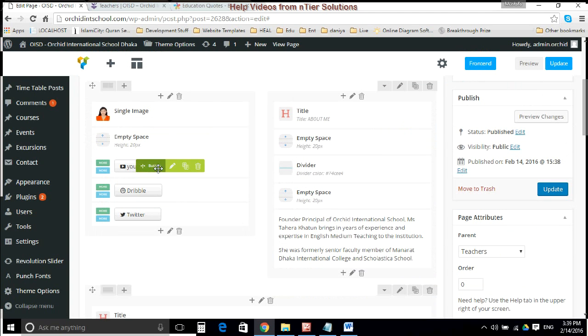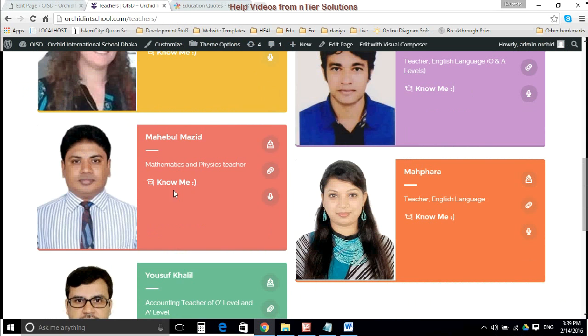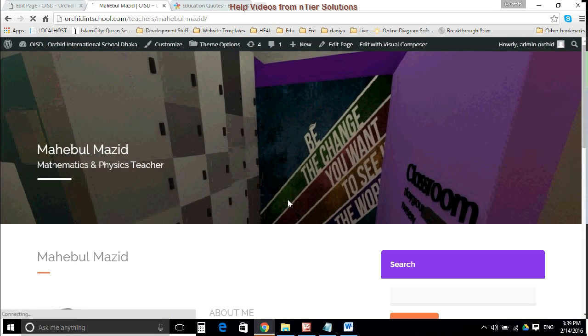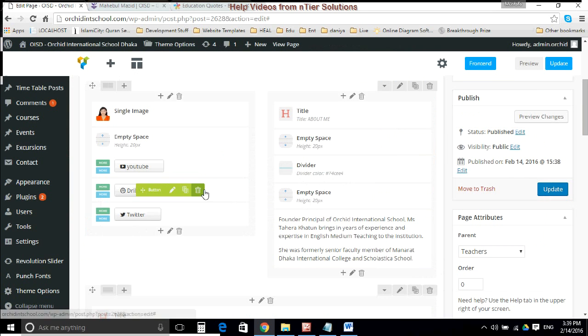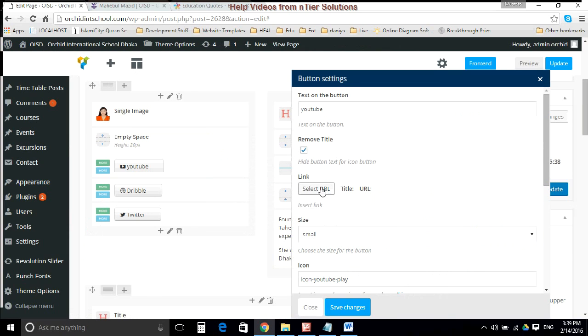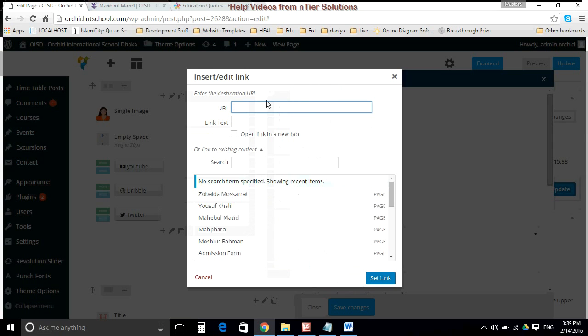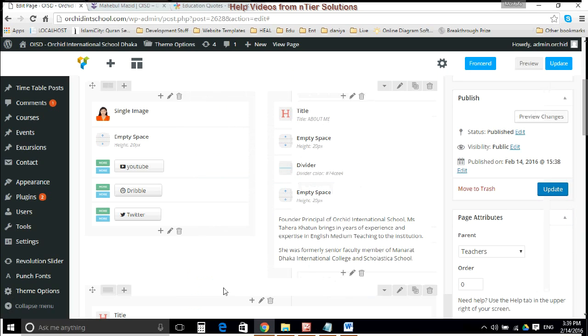Then after that, you can see that there are three different types of button, and these are basically when you go for some of the teachers. Let us see some other teacher. These are the three buttons. So you can link it to certain other profiles. This is given as an option, but as you can see, none of the buttons have a URL linked. If you want to link it to certain URL, you select and link it to certain pages. You can type the URL here. So we'll just keep it at that.